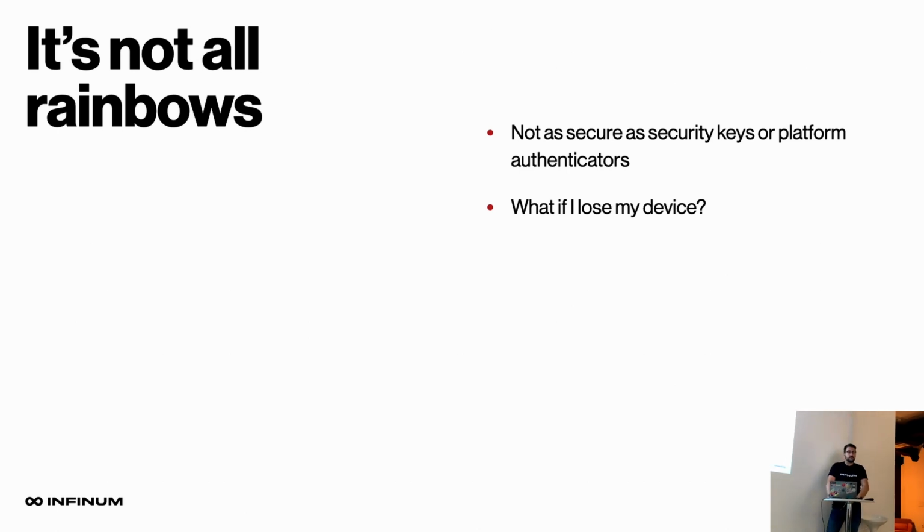Also, in addition to that, most services offer that, I don't see why they wouldn't, you can create multiple passkeys for multiple devices for a single account. So if I have my Infinum account and Infinum starts supporting passkeys for my login, I can create one passkey from my phone, a second one from my laptop, and a third one from my private laptop or something like that. All of them link to the same account, so if I lose my phone, I can still use my laptop to gain access to my account and then delete the passkey or something like that.